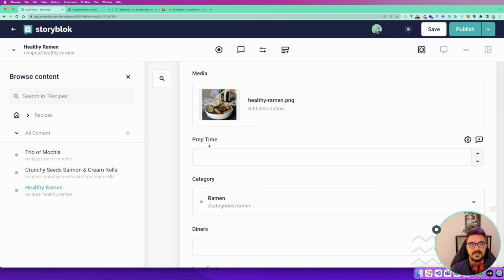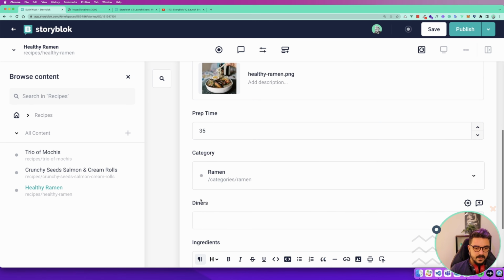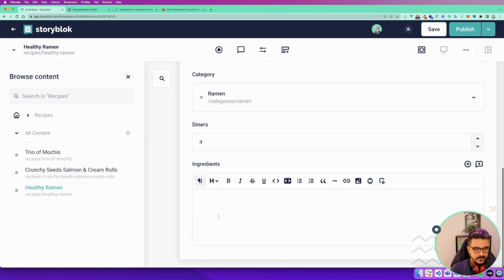I don't know how much it takes to prepare ramen. I'm gonna say like 35 minutes, okay? I'm gonna invent this one also, so dinners are gonna be like 4. Right now it's going crazy because I'm doing it with my scroll in the mouse, but I'm just gonna put like 4. And if I scroll down, here we have the ingredients as a rich text editor,